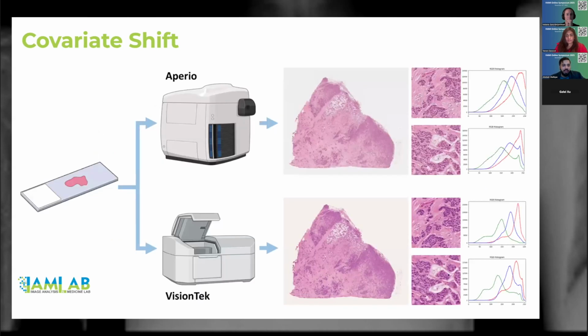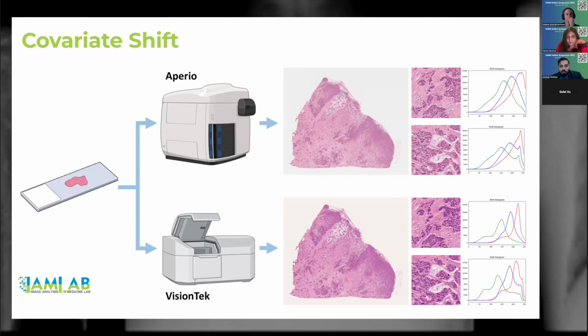In this study, we took the same glass slides and scanned them with two different scanners. We kept the staining protocol the same, so the only differentiating factor here is the scanner. As we can see, the same glass slide scanned with the two different scanners has very different color histograms for the same patches from the same location. Even for pathologists, if they observe the same slides under the microscope, they can see the same cellular morphology.